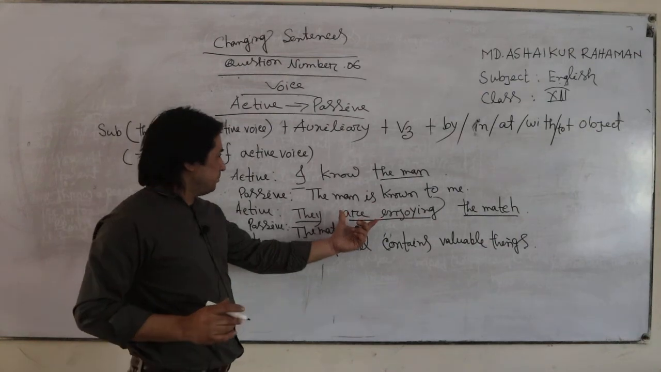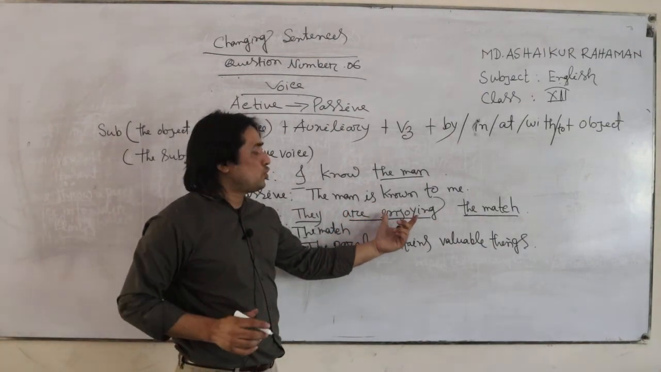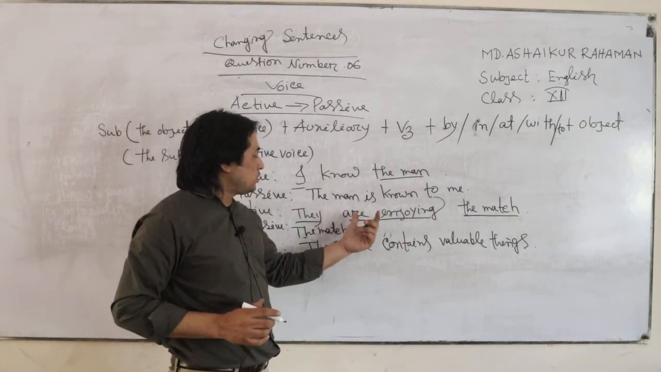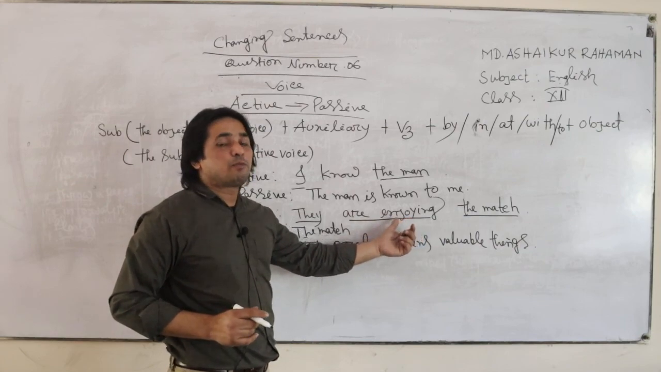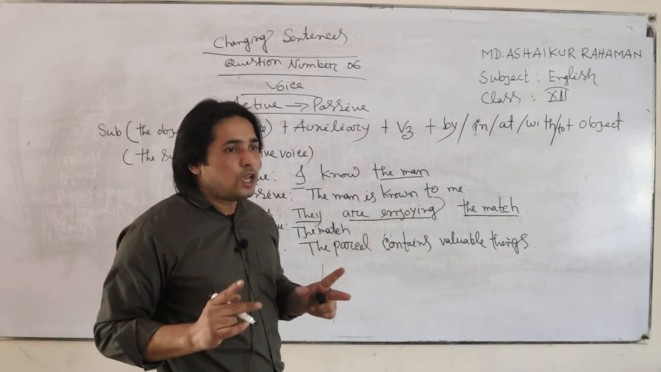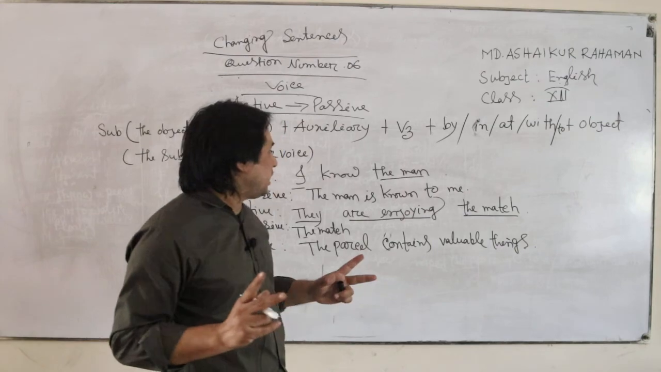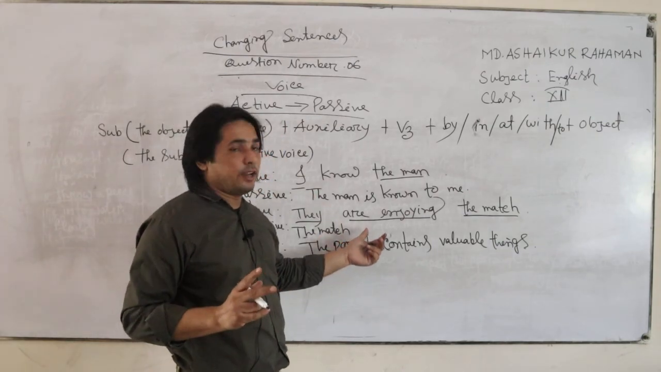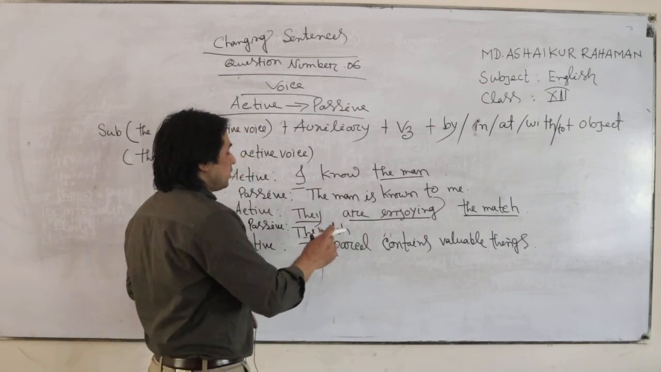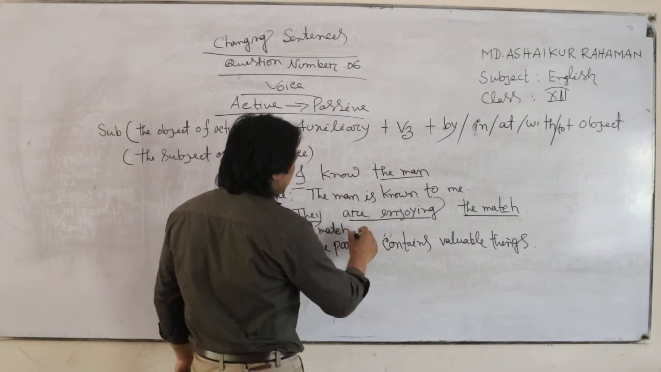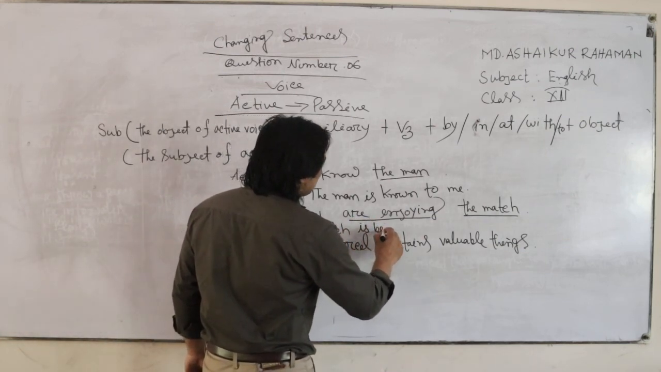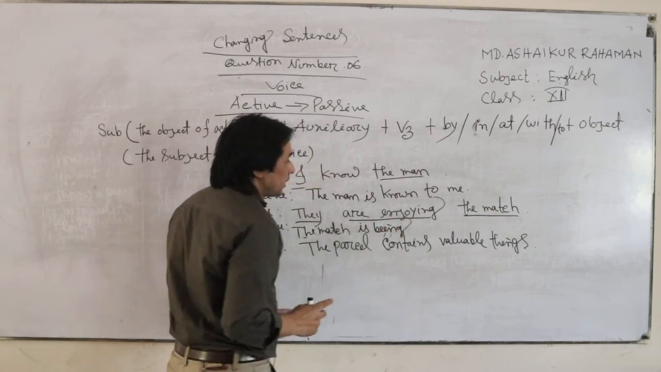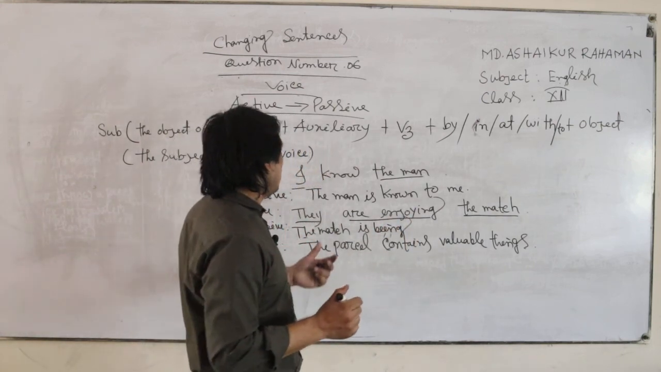So let us identify the tense. Are enjoying: am or is or are plus V1 plus ing means present continuous tense. That's why we have to use am being, is being, or are being as the auxiliary here. The match is singular, that's why is being. The match is being